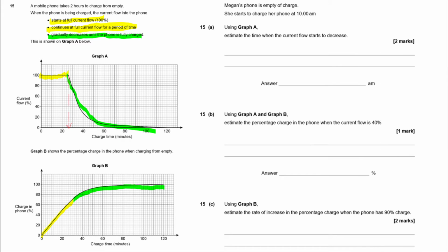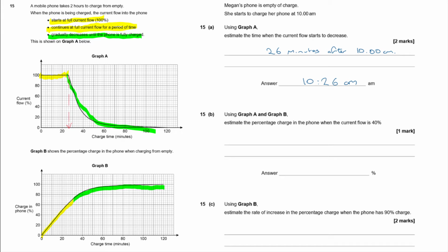So, estimate the time when the current flow starts to decrease. It's going to be 26 minutes after which she started to charge, so after 10 a.m. then, isn't it? So it's going to be at 10:26 a.m. then. Okay. Use graph A and graph B to estimate the percentage charge in the phone when the